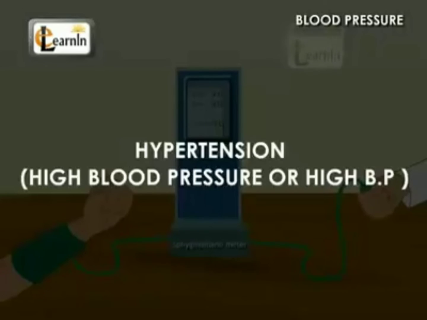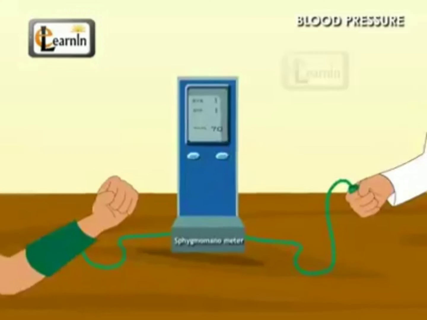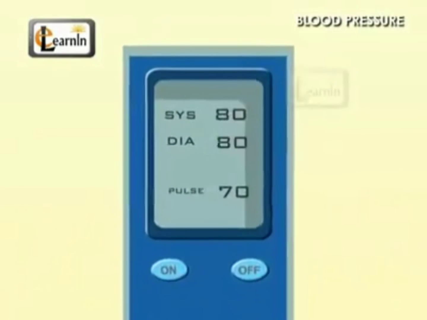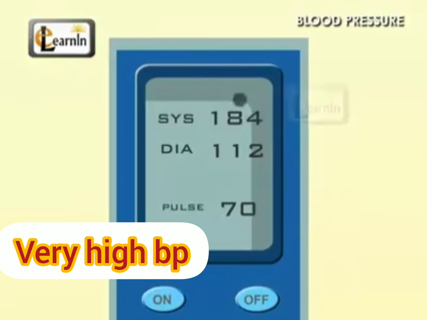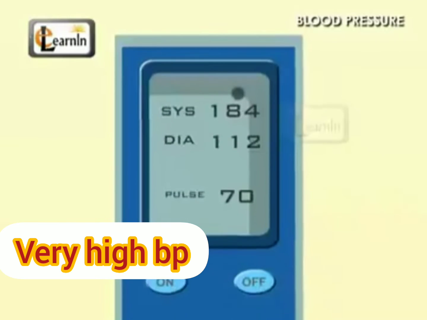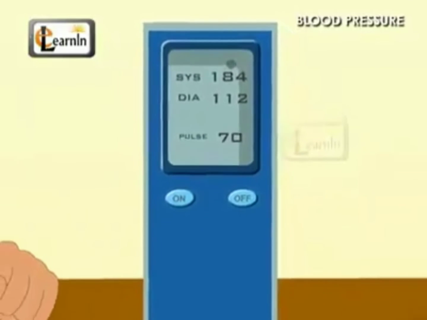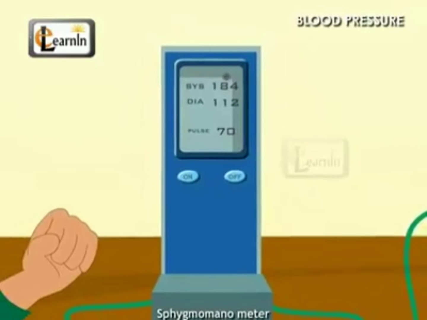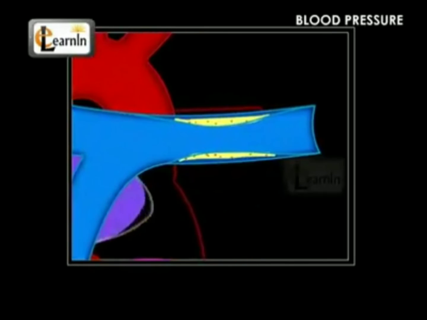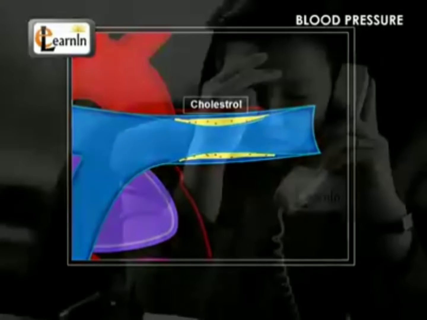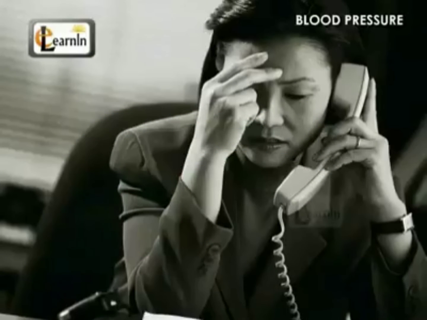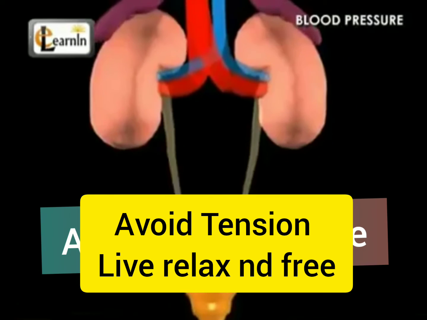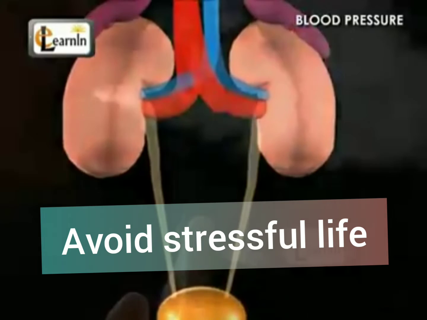Hypertension or high blood pressure. In some people, the blood pressure will be very high, more than the usual 120/80. Such a condition is called hypertension, usually called high BP. One of the reasons for this is the blocking of arteries by cholesterol. Constant stress and strain for a long time, improper functioning of kidneys, smoking, and alcohol consumption are also the reasons